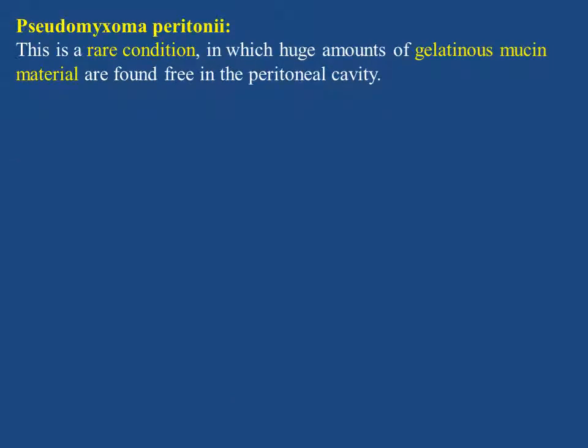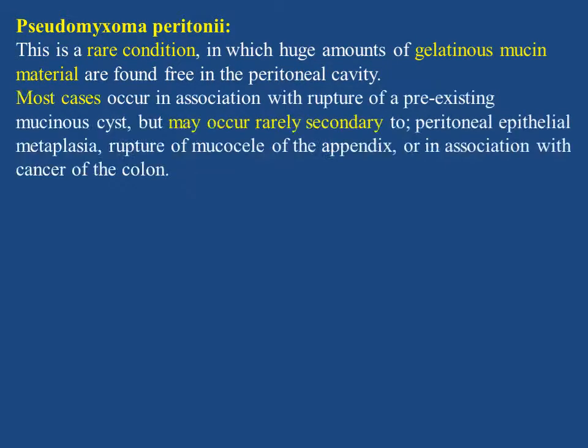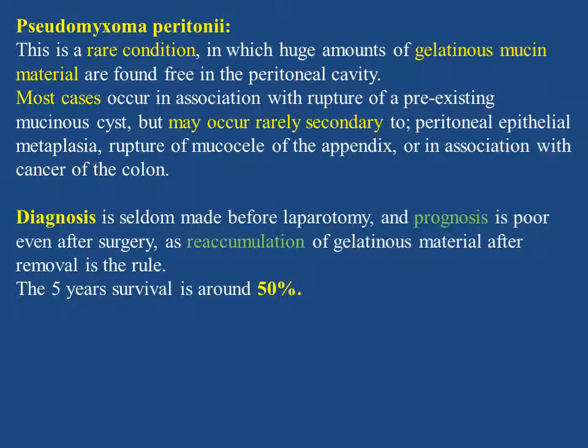What is pseudomyxoma peritonei? This is a rare condition. We find a huge amount of gelatinous mucin material in the peritoneal cavity, occurring in association with rupture of a pre-existing mucinous cyst, and may occur rarely secondary to peritoneal epithelial metaplasia or rupture of mucocele of the appendix or cancer colon. The diagnosis